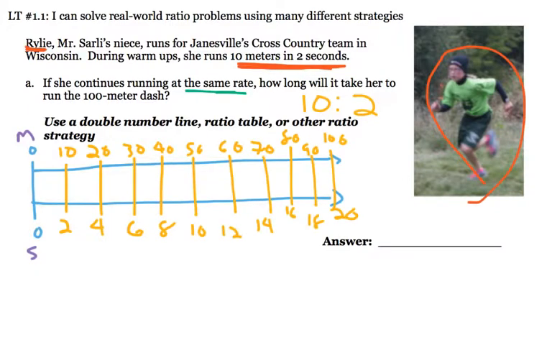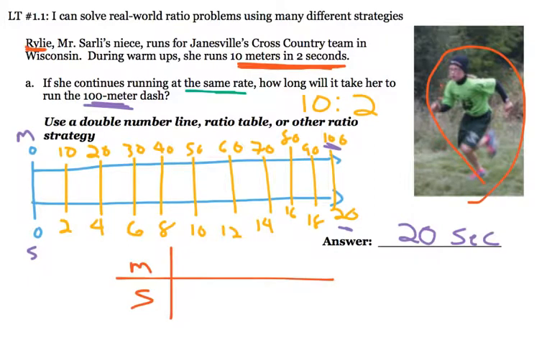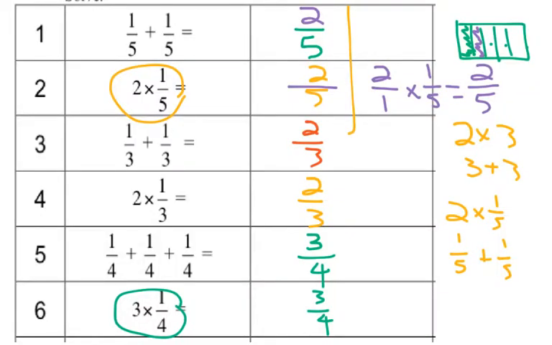And if I keep scaling up like that, I see that to run the 100-meter dash would take her, at this rate, 20 seconds. Now, for those of you who really understand ratios, you know that instead of just scaling up by adding over and over again, repeated addition is the same as multiplication,